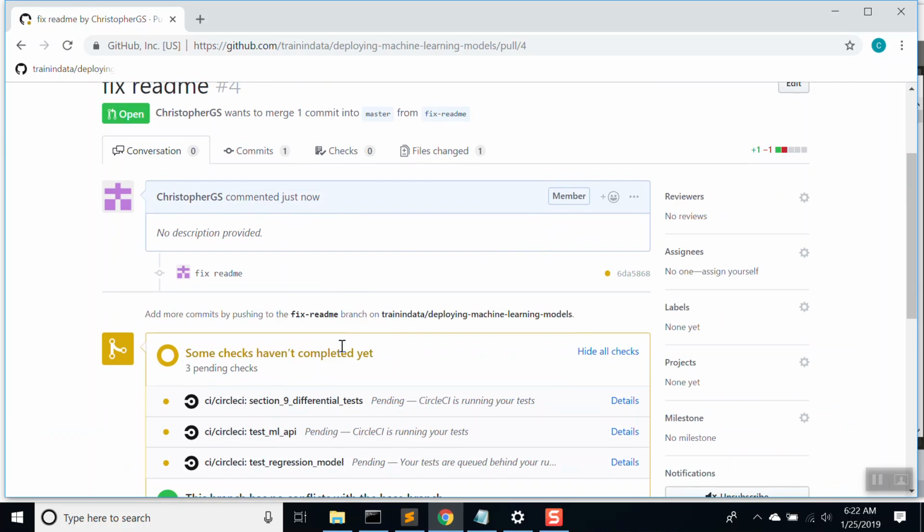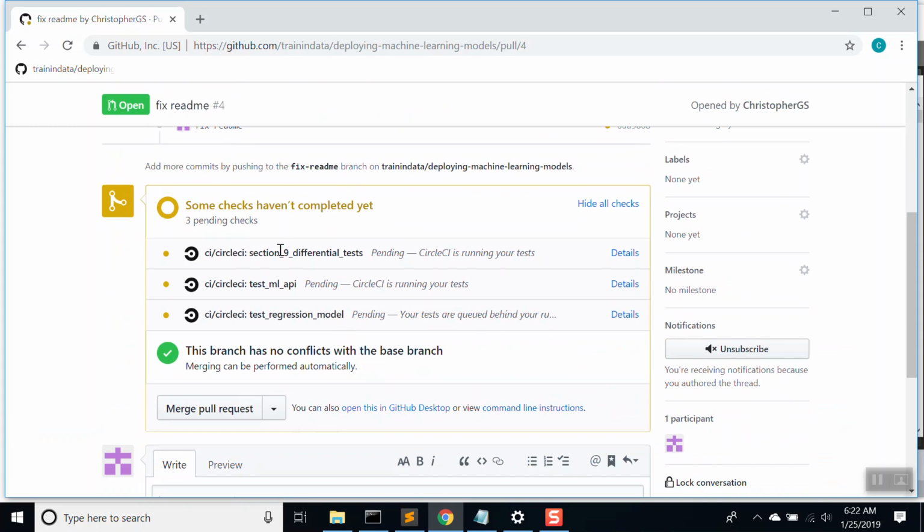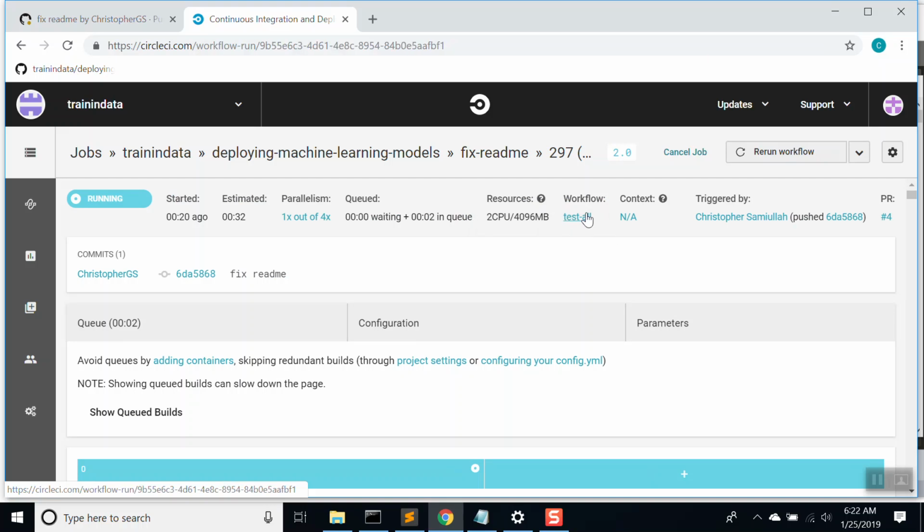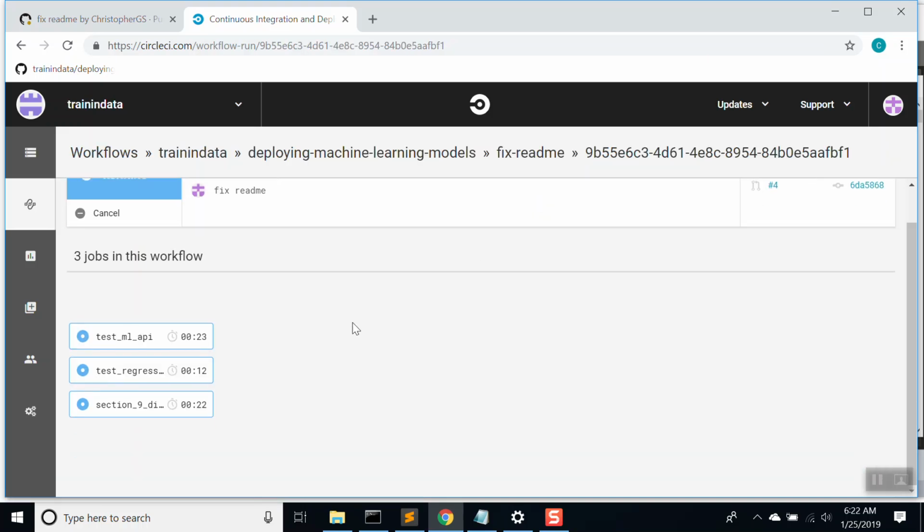And you can see here that our 3 tests are running. Let's open them up in Circle CI. Look at the whole workflow. Now note, the last step to publish isn't shown here because we've activated that filter. Once these tests pass,